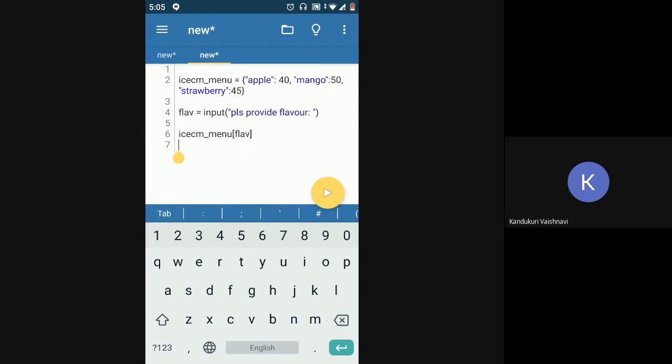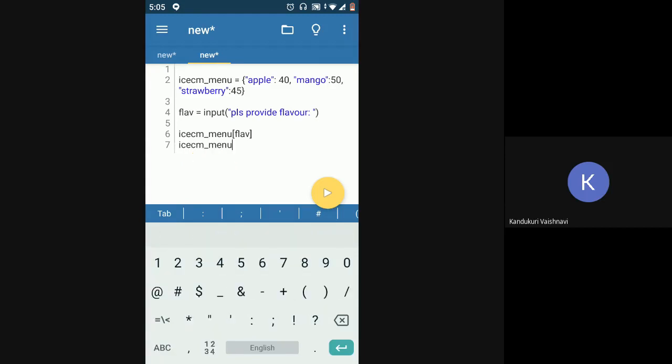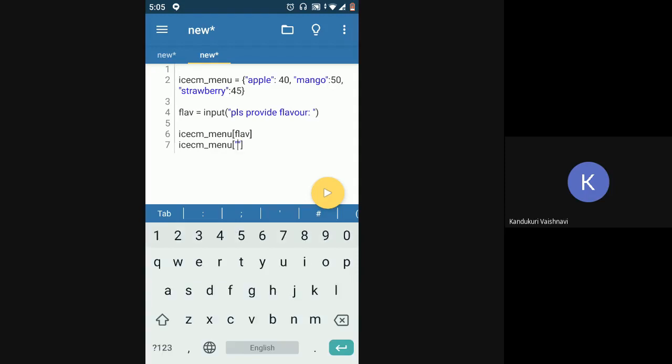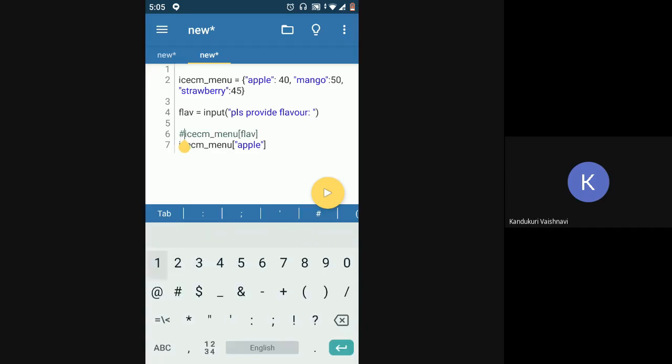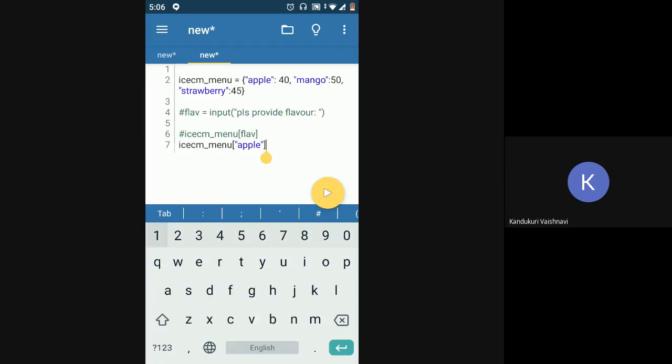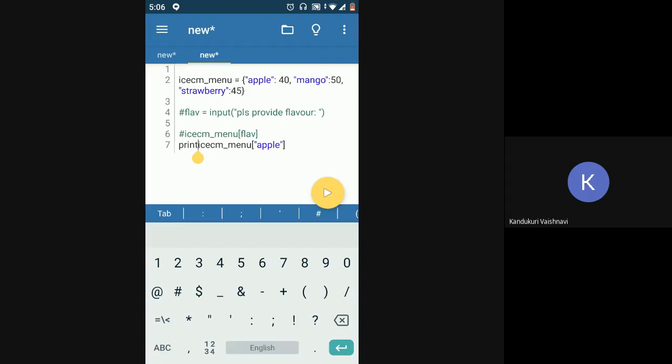Basically, if my flavor is apple, then I have to specify it like this, apple. We'll see this later. Using this ice cream menu, you have to use square brackets, but instead of an index, you have to use the key. So when you print this, you should get 40 as the value.